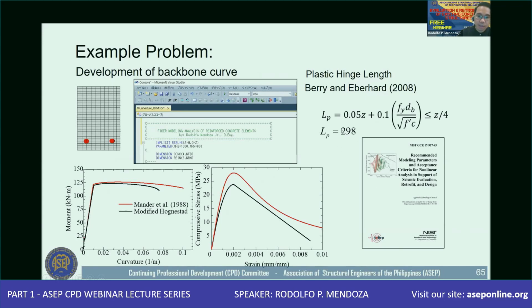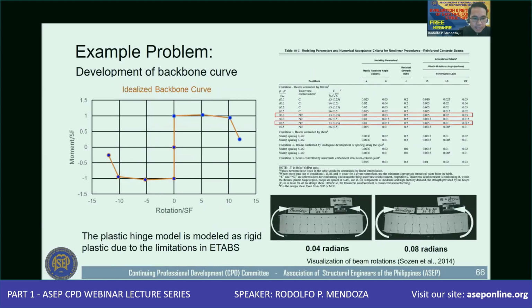So I was able to calculate the length of plastic hinge for this beam equal to 298 millimeter. Using that plastic hinge length, I was able to develop my backbone curve, which is this one, which is now in terms of moment and rotation, and it is normalized by the yielding rotation and the yielding